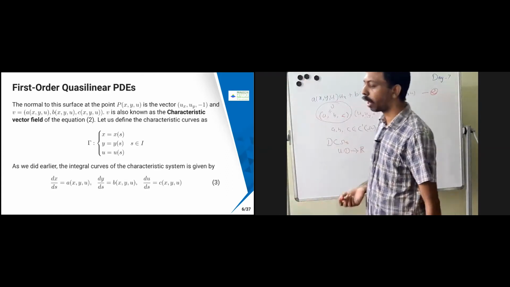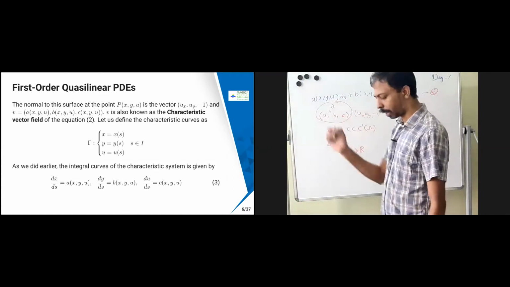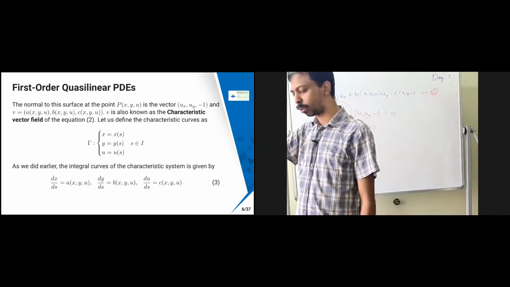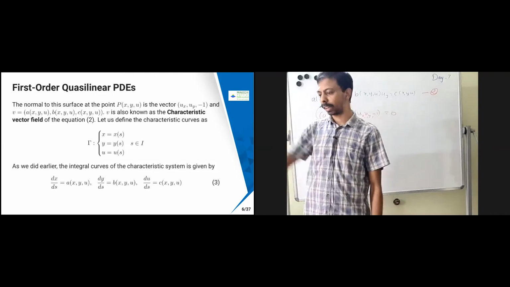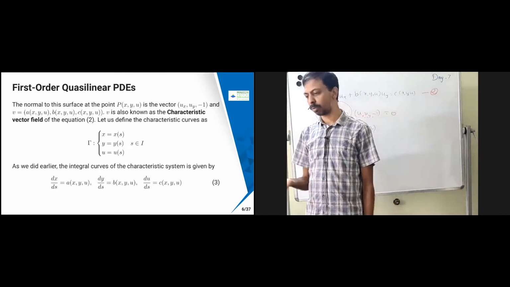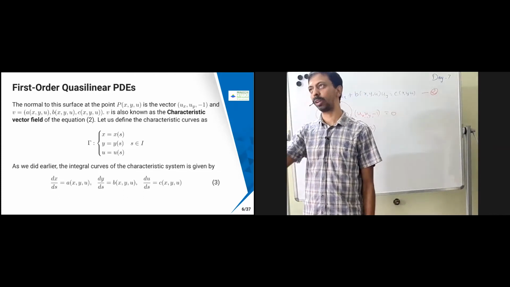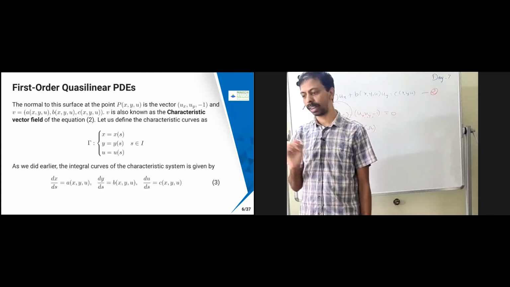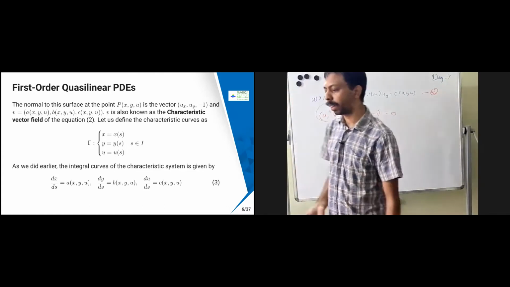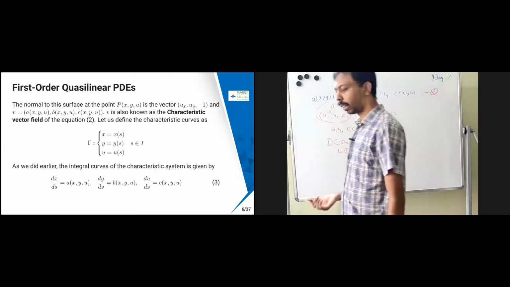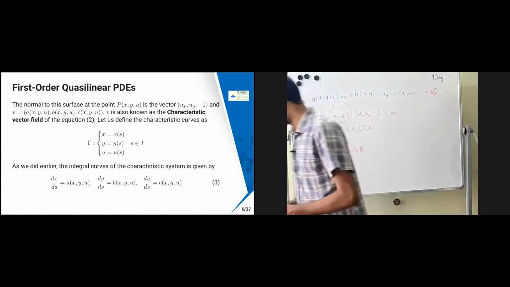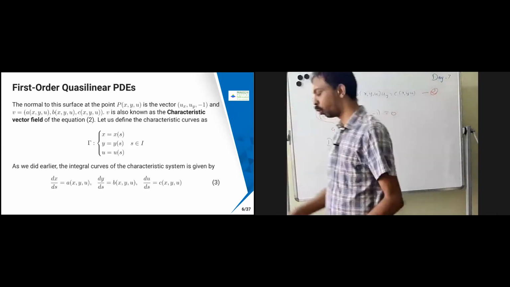Okay. Now we are going to define a characteristic curve. For linear constant coefficients you have seen that a characteristic line will be formed, whereas for variable coefficients you have seen that it is going to be a characteristic curve instead of a characteristic line. The same way here you are going to get a characteristic curve, and this characteristic curve is going to be in three dimensions, because x, y, u is also there.